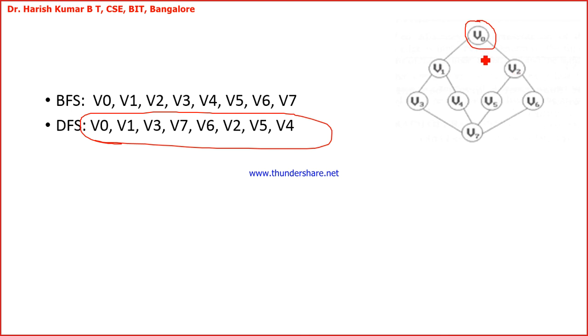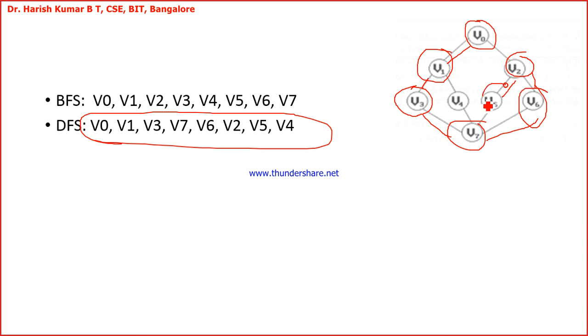So these are the two adjacent nodes. Depth, I choose this, I come here. Next for this, again these are the two adjacent nodes. I visit V3, and for this, this is the only adjacent node. I come to this. Next this, I have three adjacent nodes. Okay, depth, you can take this, and for this the adjacent node is V2, and next for V2 the adjacent node is V5.